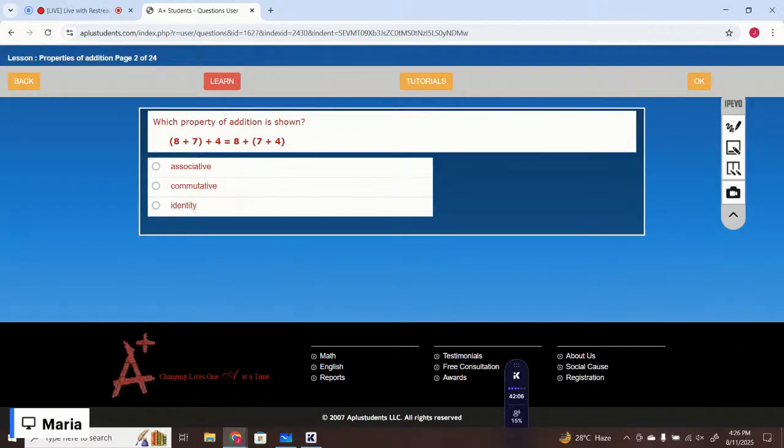Which property of addition is shown? So we have three numbers, just the order of addition. So that is known as the associative property. Option number 1 is the